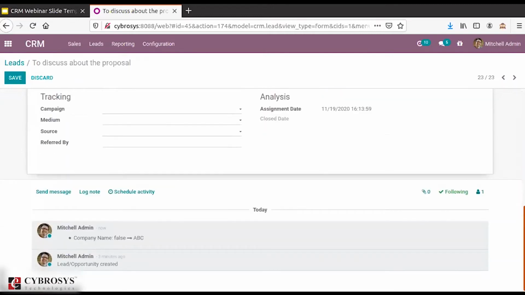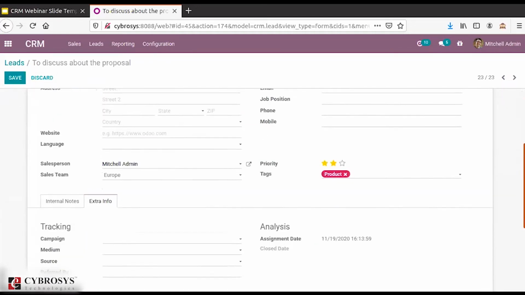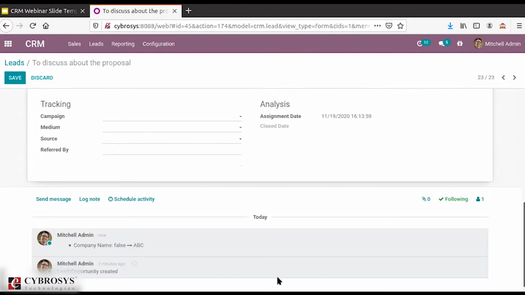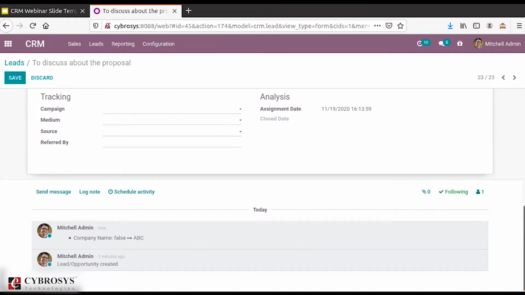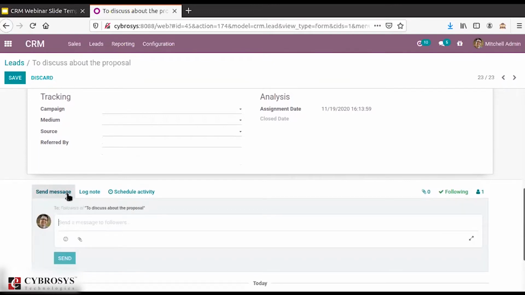So when you scroll down, whatever you do in the chatter box, you can see all the things that you create automatically come here. So that would be automatically filled over here, a kind of chatter we can say. Then here you also have certain information or features, like if you want to send any kind of message, you can send a particular message to the person who is creating this lead, or we can say the customer. So here you can mention the message and all.